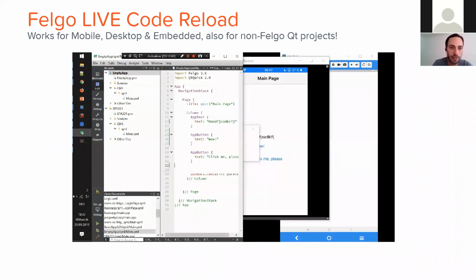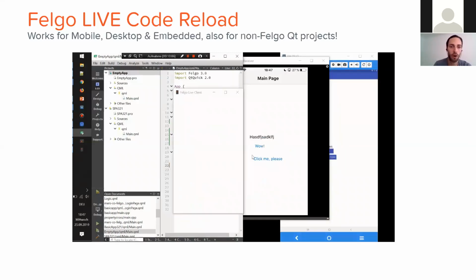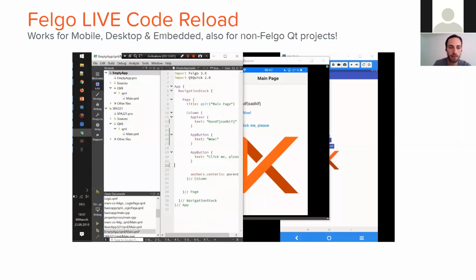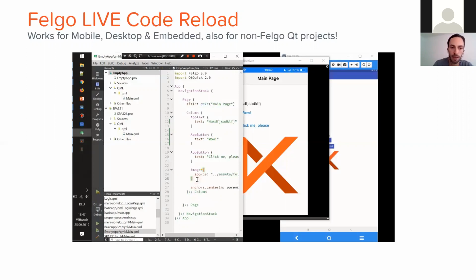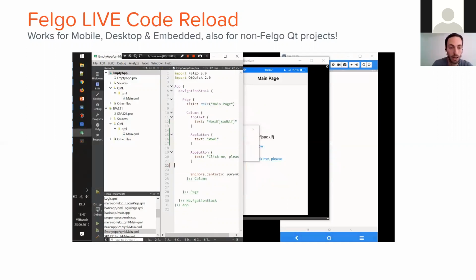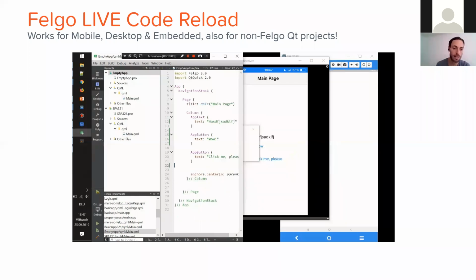hit save, in this example, I'm removing the Felgo image, you can see it updated instantly on all the connected devices. So with this video, you can see on the left-hand side the desktop application being live reloaded. In the middle, I have connected an iOS device, and on the right-hand side, there's an Android device connected. And this works with any devices that you have for deploying them for testing. So you could also add your embedded device there, for example. You could add, for example, a tablet, so you can test different screen resolutions and different screen sizes all at